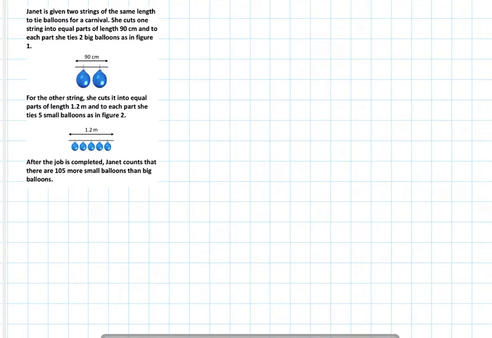For this question, I think that's something that you actually totally miss out. Miss out in the sense that you meet this very critical word, so the whole way of doing it is different. Okay, Janet is given 2 strings of the same length to tie the balloons for carnival, and she cuts